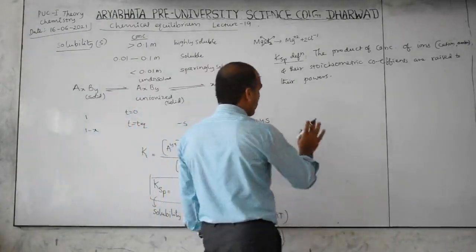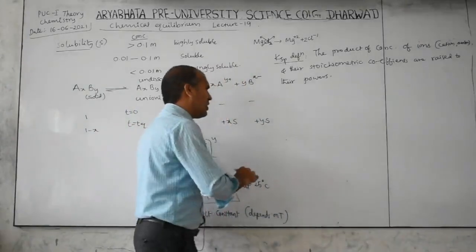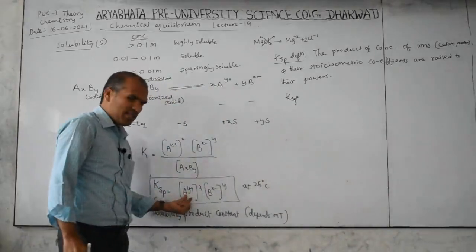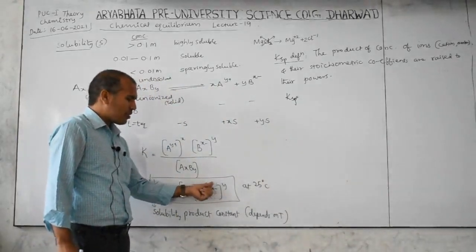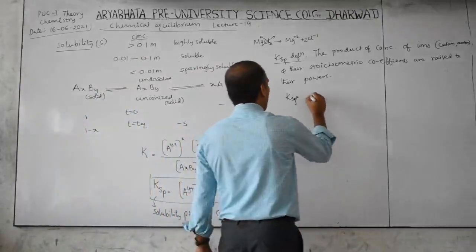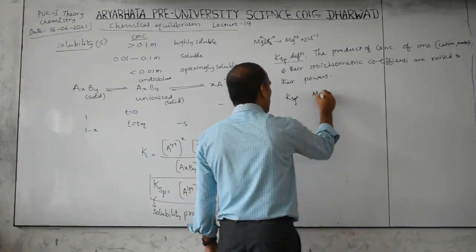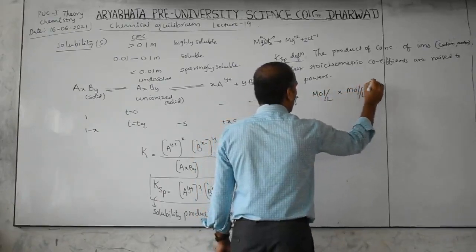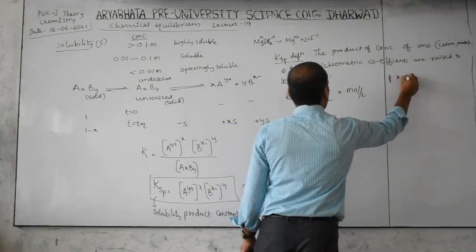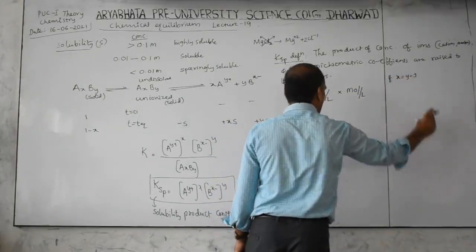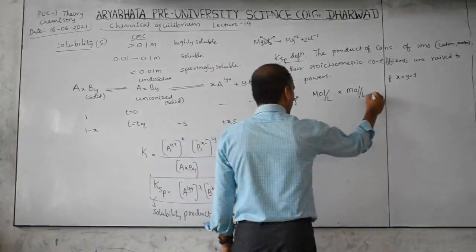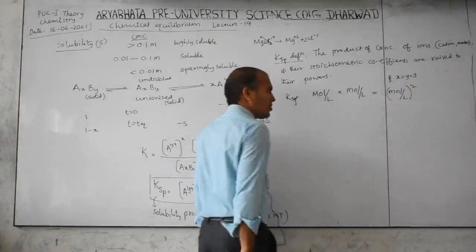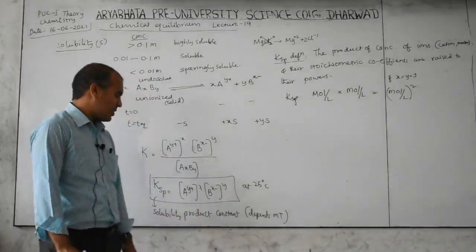Now the solubility product definition we know. Then what is the unit? Unit is, this is a concentration, this is a concentration. If the powers are 1 and 1, it means mole per liter multiplied with mole per liter. If X and Y are equal, that is equal to 1. Therefore this is simply represented as mole per liter whole square. So like this also the unit is represented.